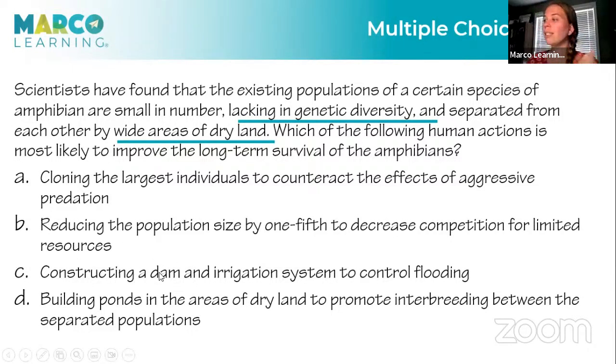Okay. Construct a dam and irrigation system to control flooding. What is that doing for my genetic diversity? Building a pond in the area of dry land to promote interbreeding between separate populations. So these populations are separated. If they can come in contact with each other, can they reproduce if they're the same species? Yes, they can now reproduce. And so this population may have one gene, this population may have another gene. And by allowing them to now mate together, now I can increase the genetic variation and the diversity within my